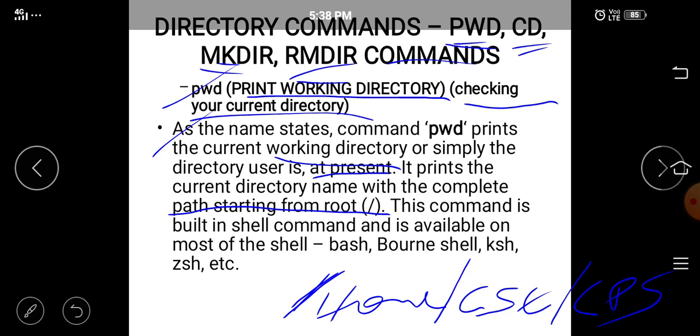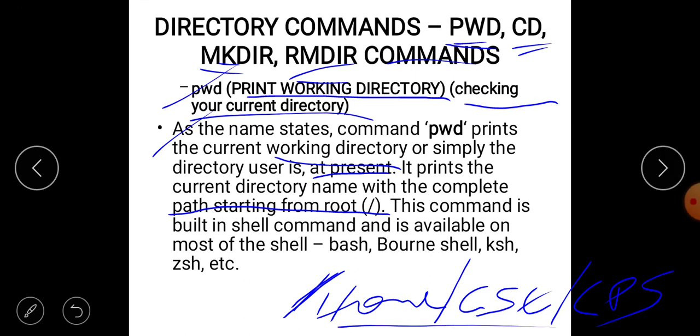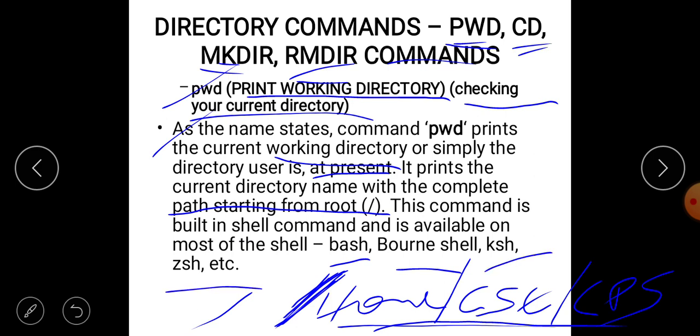Like that it gives the complete path starting from your root. We know that the front slash indicates the root. This command is a built-in shell command, available on most shells like bash, Bourne shell, ksh, zsh.